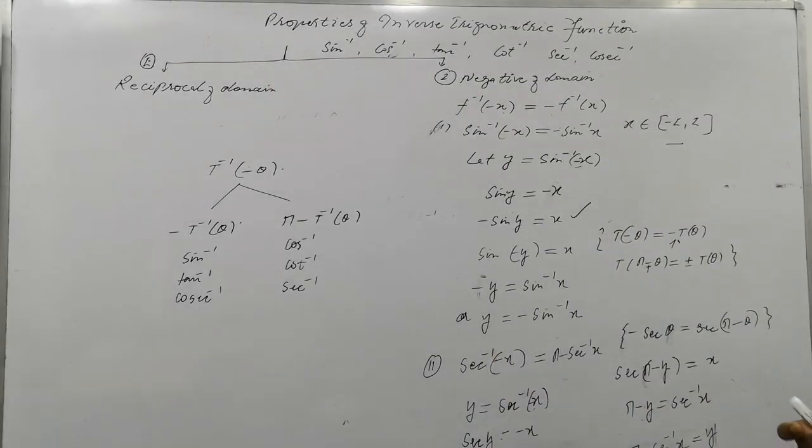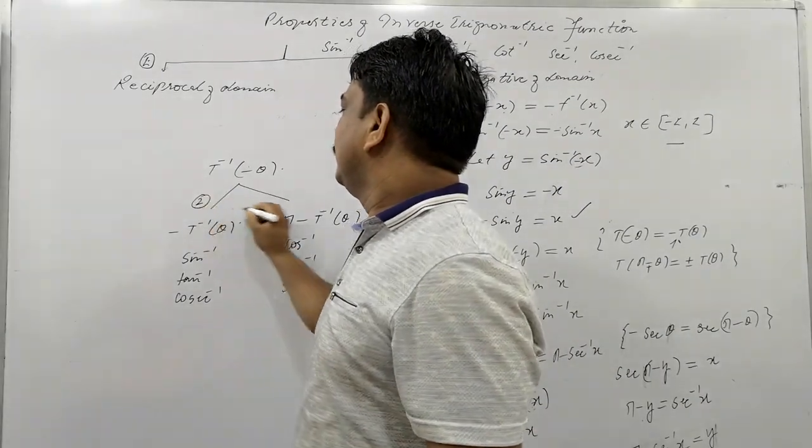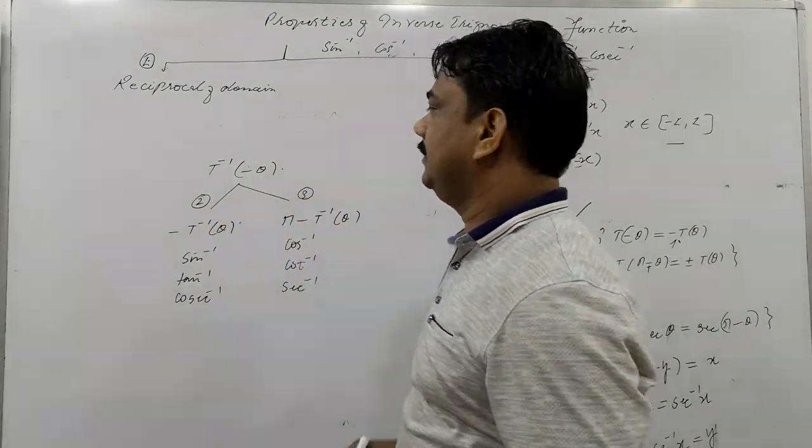So not so much effort will be made for them, but you have to do them as an assignment. Okay, you will check them. This is the trick here to remember all these six together. These things have not been given in your book. This is property number 2nd, and this is property number 3rd. Clear?